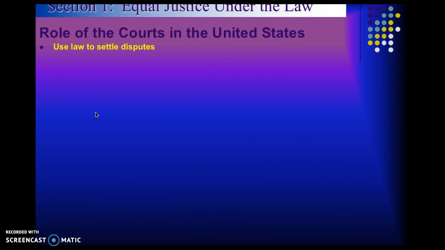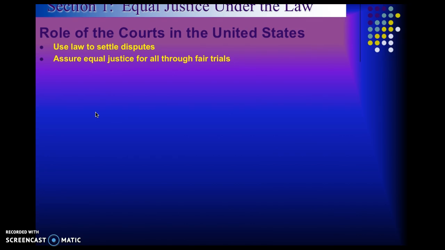Now, next thing we're going to look at is how courts are used and how everything plays out. That is, if you were going to have to go to court for whatever reason, what is the process? How does this all work? First of all, the role that courts play in the United States is to settle disputes. Oftentimes, most disputes, if you have two people that disagree on something,